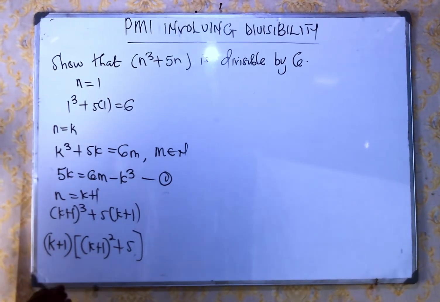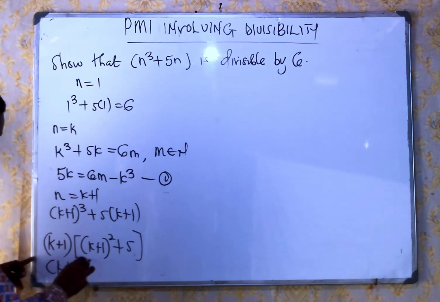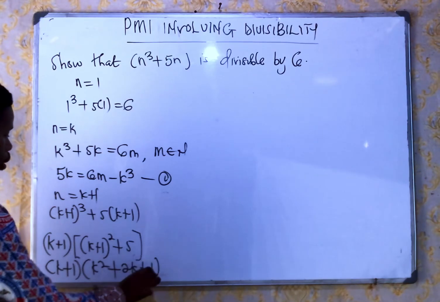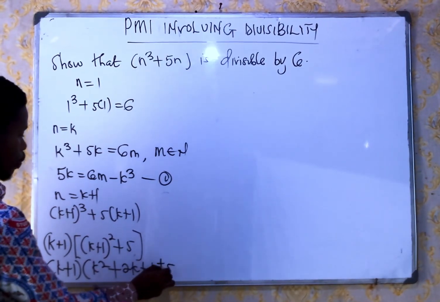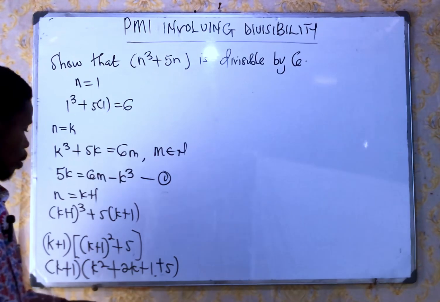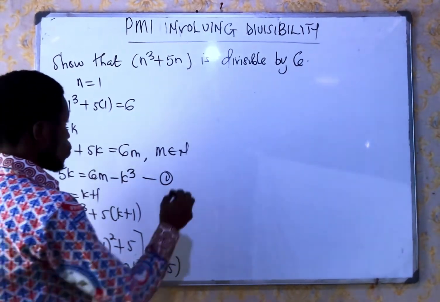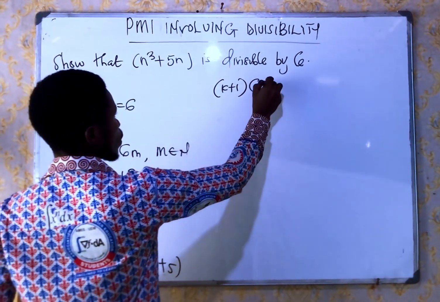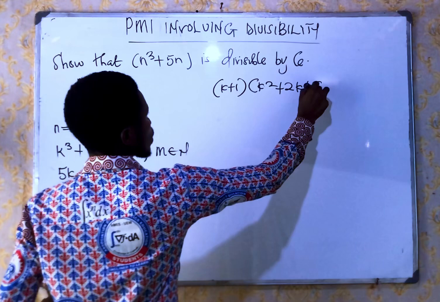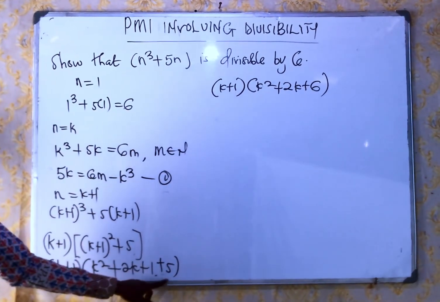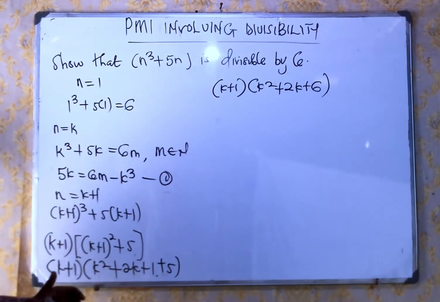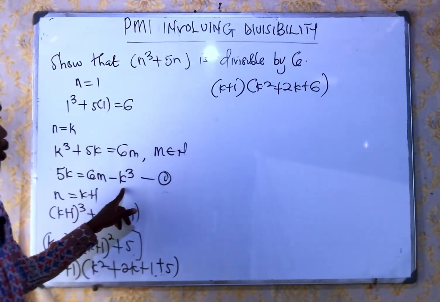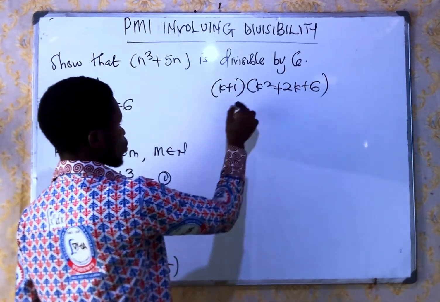So here, let me expand it. K plus 1 squared will give us k squared plus 2k plus 1. Then plus this 5. 1 plus 5 is 6. So I'm going to have k plus 1 times k squared plus 2k plus 6, because 1 plus 5 is 6. The idea is that I want to get 5k in this so that I'll replace it by 6m minus k cube. So let me expand this one again, which will give me